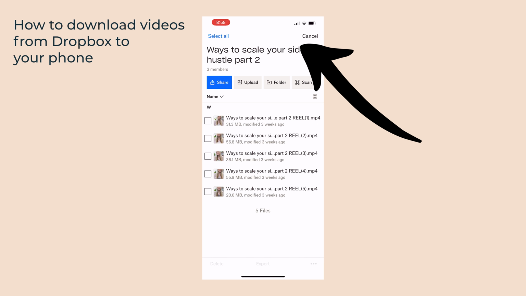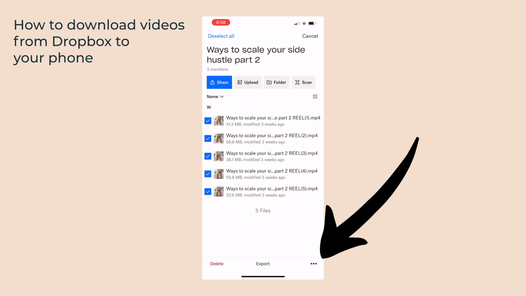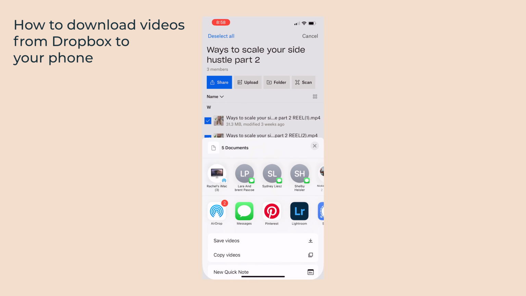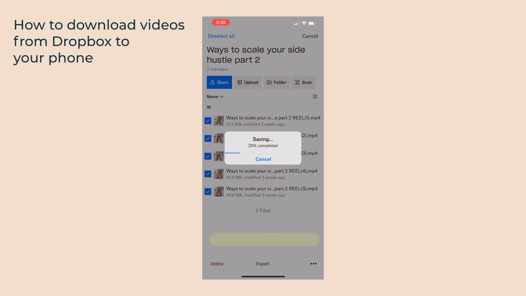If you want to download multiple videos onto your phone, click this button and highlight all the videos that you want to download. Then tap the three dots on the right and click Export, Save Videos. Now this will take longer because there are more videos, aka more storage and space that it's looking for to